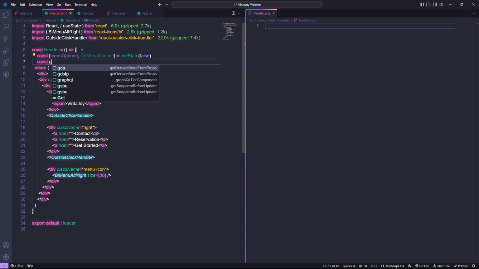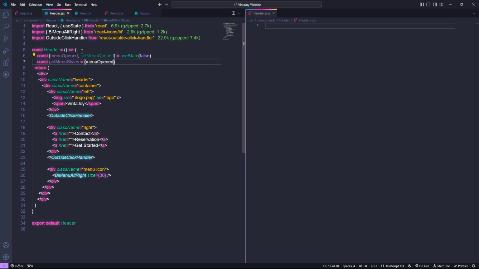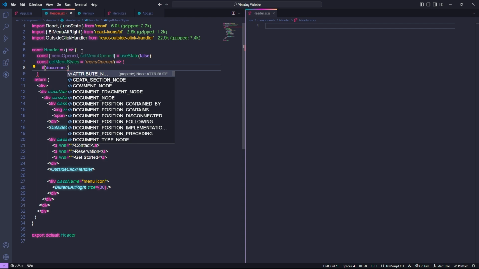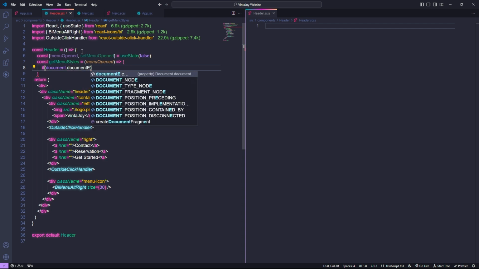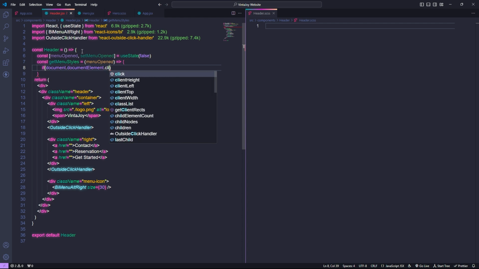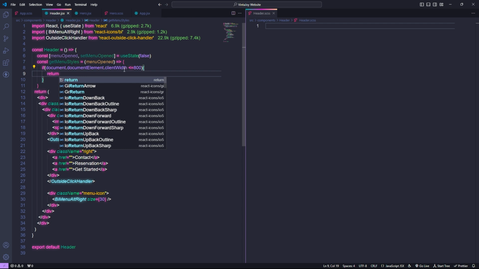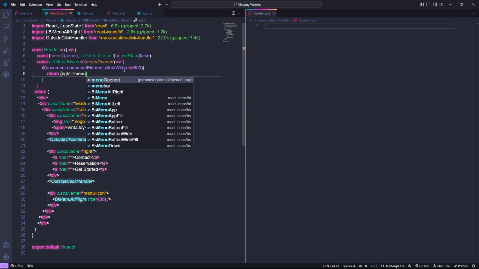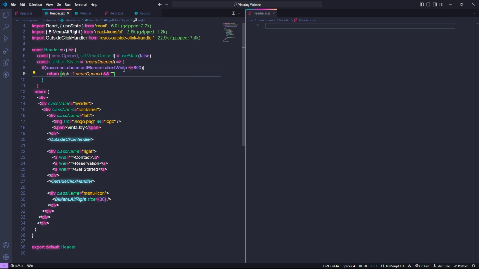Then const get menu styles and menu opened, and inside this we have if document dot document element dot client width is less than equals to 800. Then we have to return right and not menu opened, and we have minus